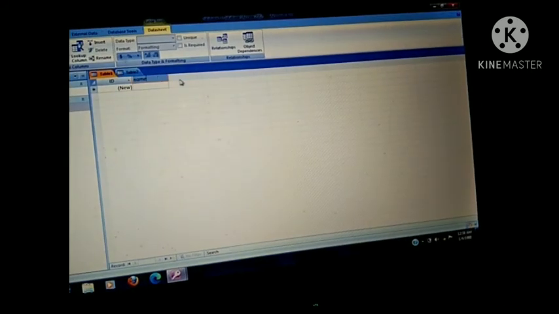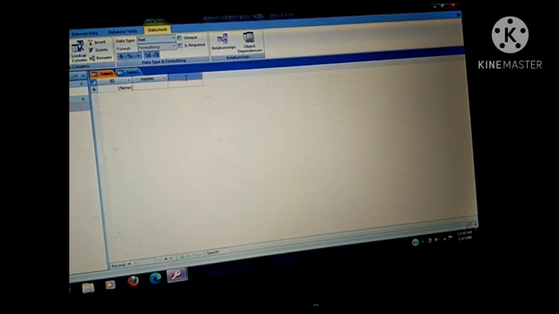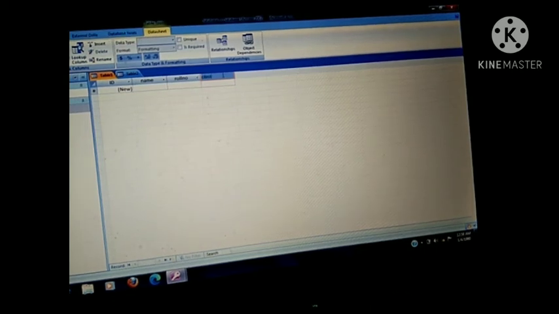And in this next column, children, by default the data type is text data type. The name you supplied is a reserved word. Okay, no problem. Now next field, click here. You will write down anything. I am writing roll number here. Next one, I am clicking on the new field. I am writing class here. So like this, I am creating the table.